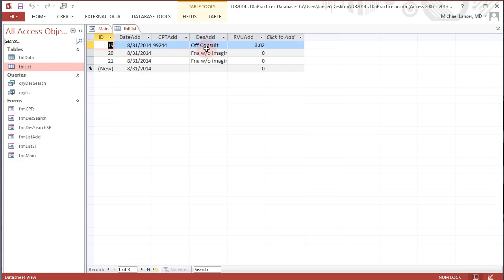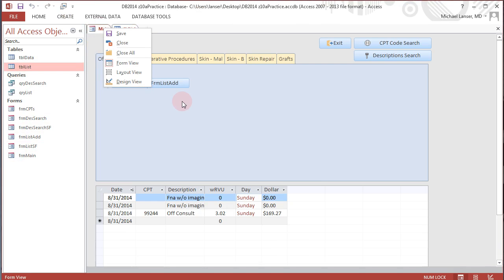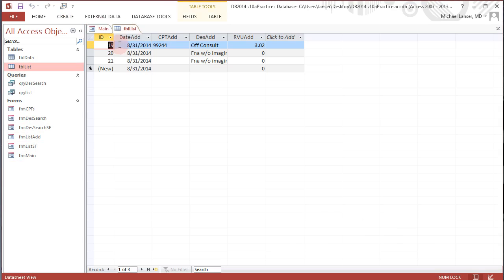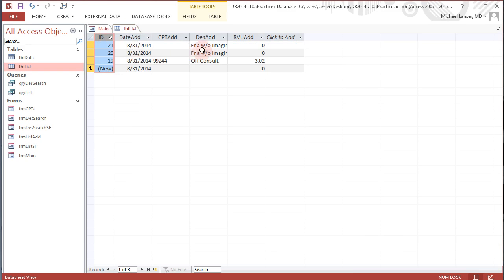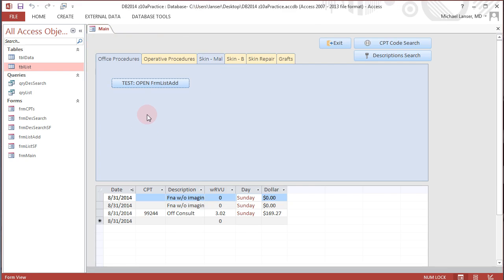And I can show that to you. And we can also make this from largest to smallest. Save and close that. So here we've created a button on our FRM main that as we click it, it creates a new record